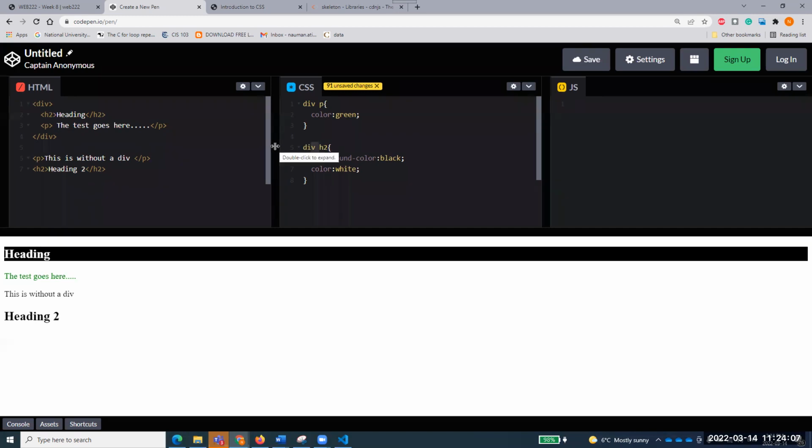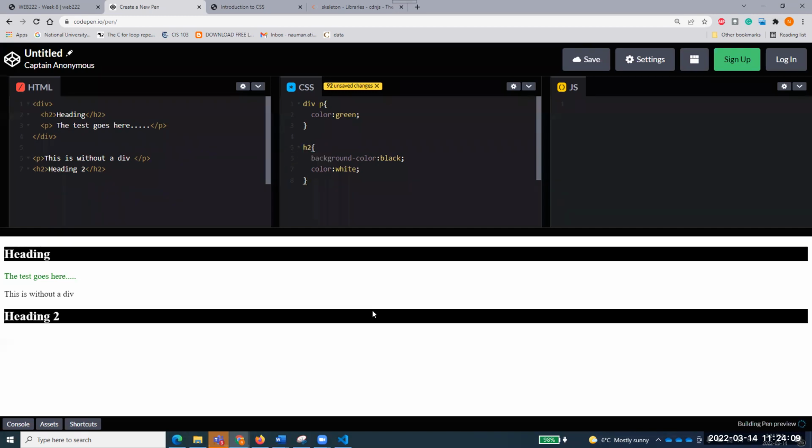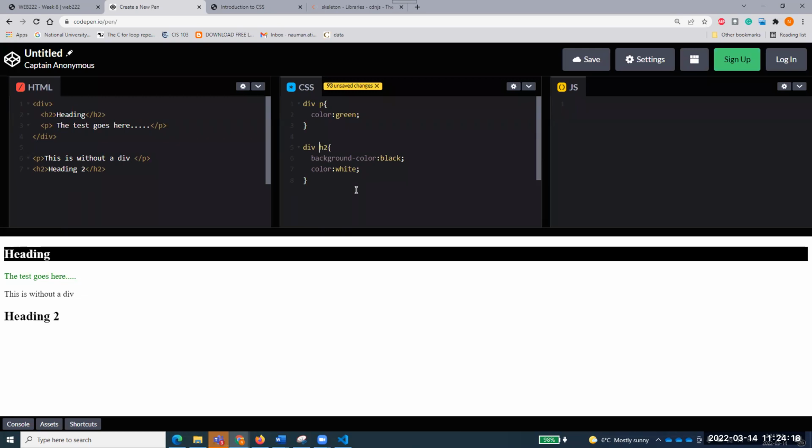So if I just remove this div from here and just come with that, are you understanding that? So div space H2 is giving what? It's saying that this is a contextual selector, and I have to only apply the style to that particular H2 which is falling inside div tag. Brian, making sense to you? I hope this all is making sense to you. So that's what it's basically. It's called contextual selector, and this, believe you me, this will play a very important role when you'll be doing